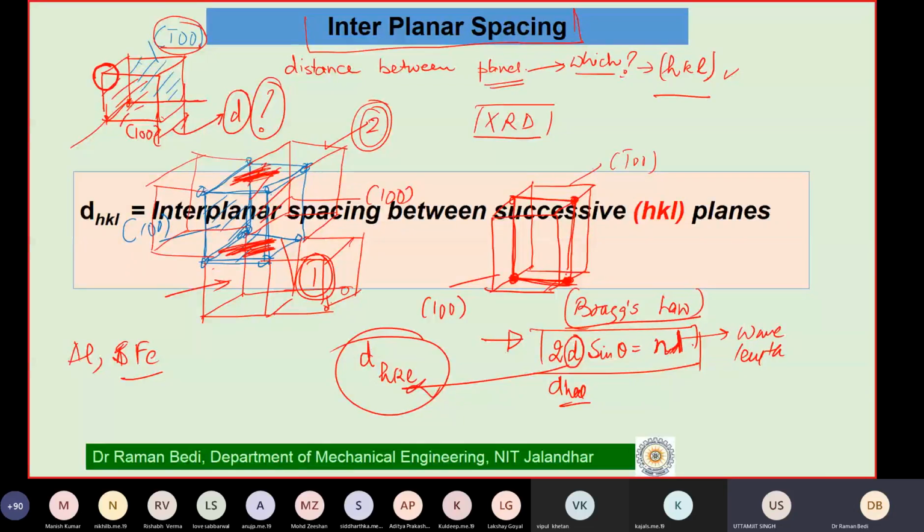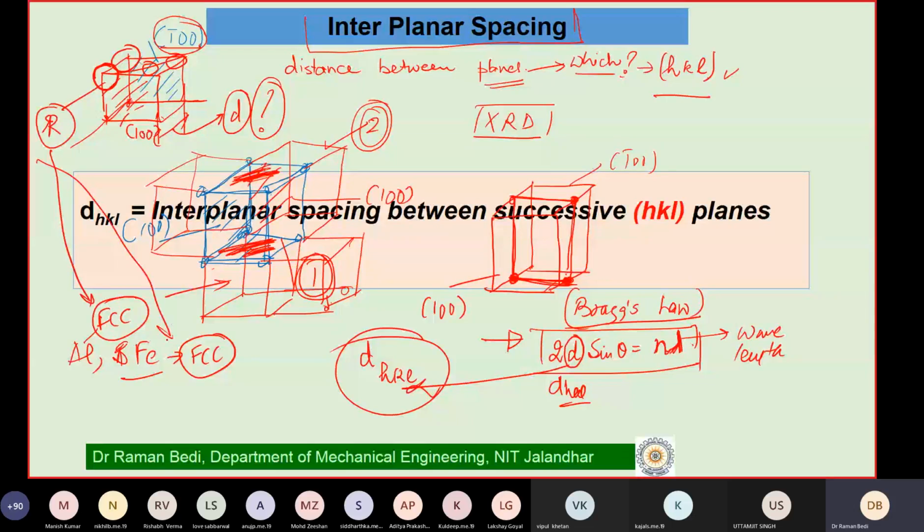So normally, let us say Fe is having a BCC system, but beyond 910 degrees it is also an FCC system. Aluminum is also an FCC system. So I say that these atoms are located here like this. But because the atomic radius happens to be different for aluminum and iron, the size of the unit cell will be different. So if you remember, for the FCC system, we already found the lattice constant for a cubic system was given as